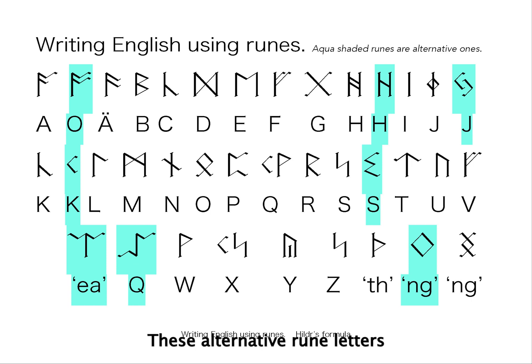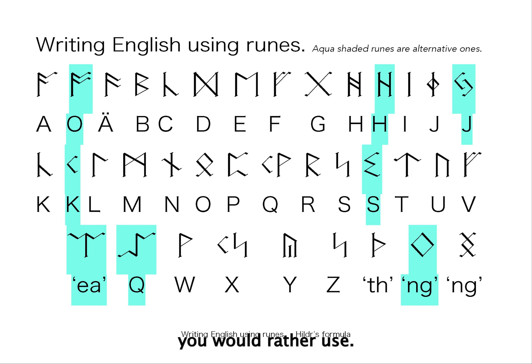Aqua-shaded runes. These alternative runes letters exist in my alphabet formula purely to add flavor and a separate character to each person's writing. One person may like to use heathen god, where another may like to use inherited land. In the rules of my alphabet formula, both of these runes simply mean the letter O, and there are no rules of when to use each of them, allowing you creative freedom, choice, and preference over which runes you would